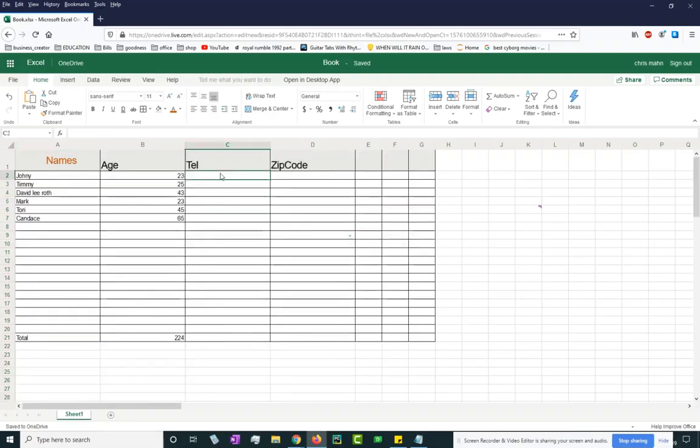So now let's look at how to add, let's say, telephone numbers. More than likely, you're going to enter telephone numbers, but you don't want to have to do this. Let's say, well, I'm in Houston, so let's say 713, and then have to put that hyphen or whatever it's called, and then do this, and then having to do this. You just want it to be formatted in a way where you just enter the numbers and it'll automatically format it. So that's where formatting will come in handy. Since this column is going to be for nothing but telephone numbers, we can highlight all this,